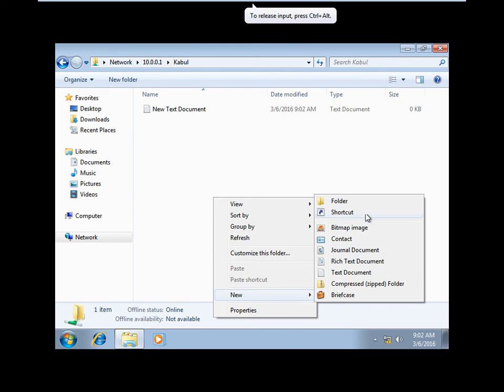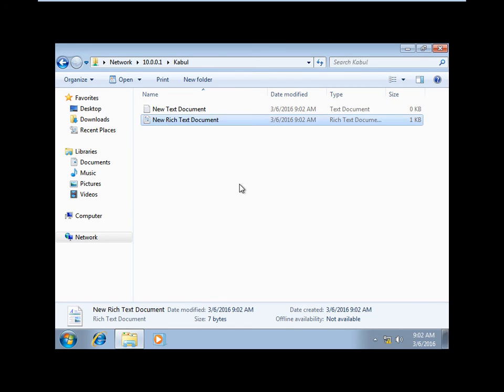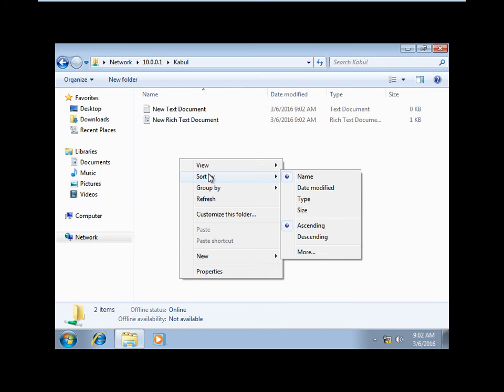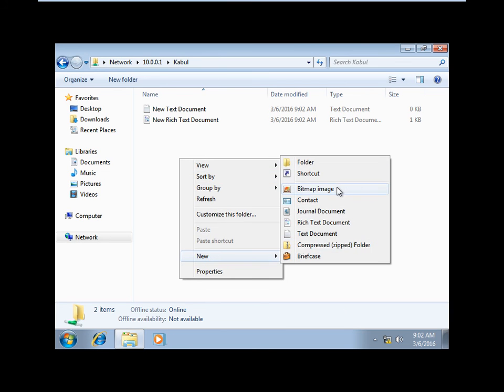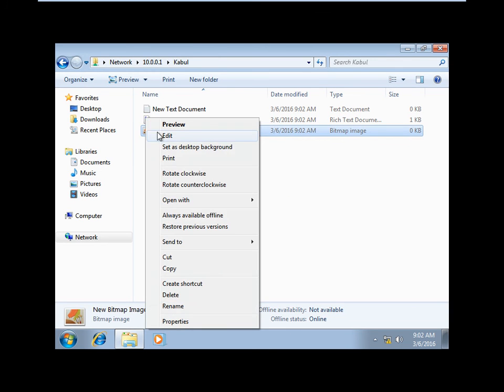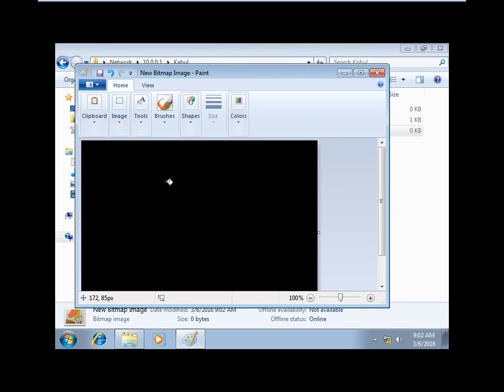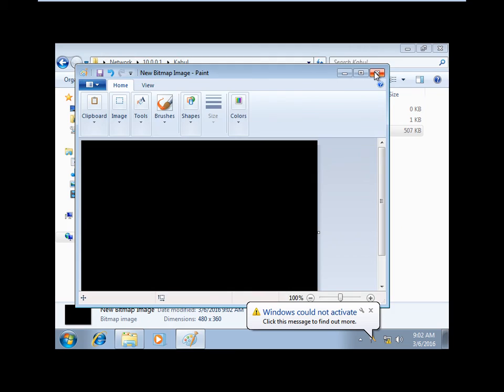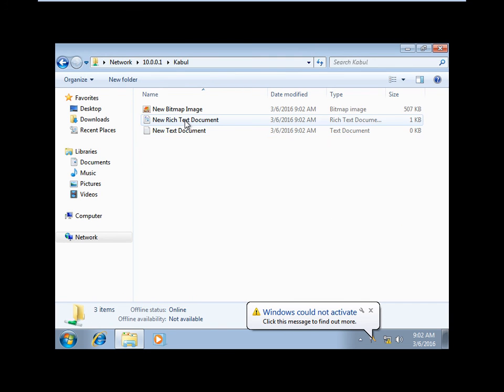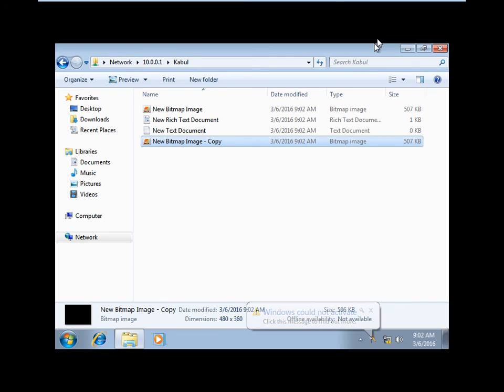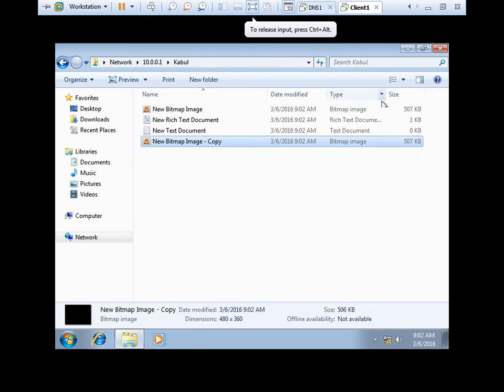See, new bitmap image, right click, edit, Control S. See, you can save this option because we have removed it from there. You can use it like this.